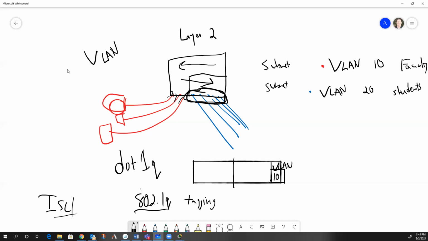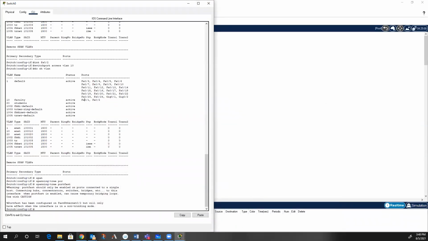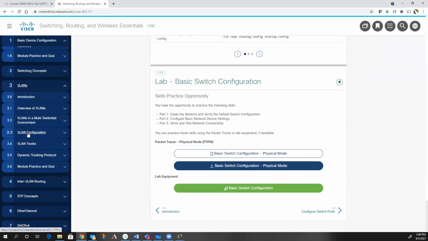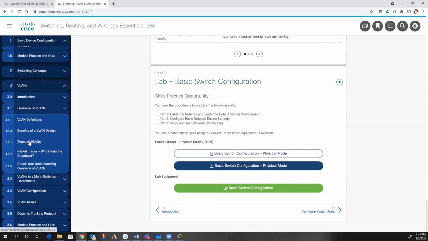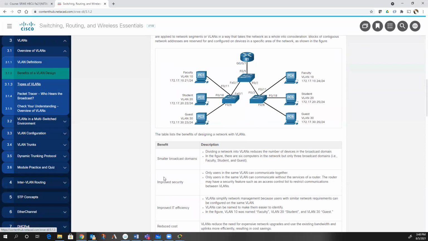Now, in the curriculum, it goes over the 802.1Q tagging. Inside of here, VLANs, it talks about what a VLAN is and types of VLANs. Here again, it's showing a building, and the benefits of VLAN design, because you can see we've got VLAN 10, 20, and 30. One of the things we do in the real world is we almost always have our wireless networks on their own VLAN today. In fact, we'll usually even have multiple wireless networks that are multiple VLANs, with a guest VLAN for wireless being a different VLAN than our normal wireless